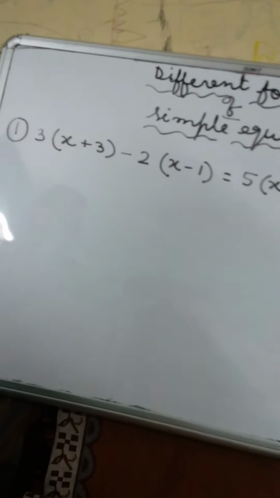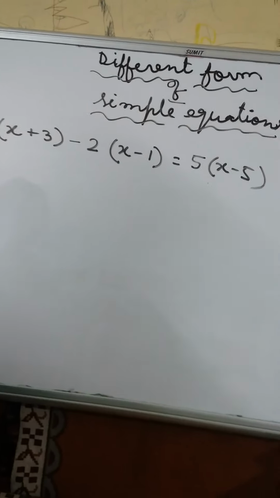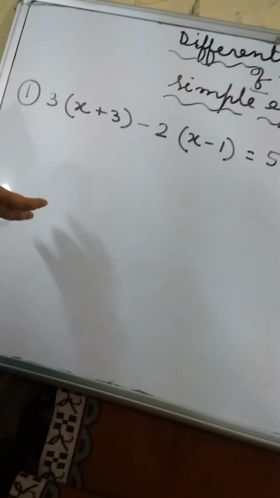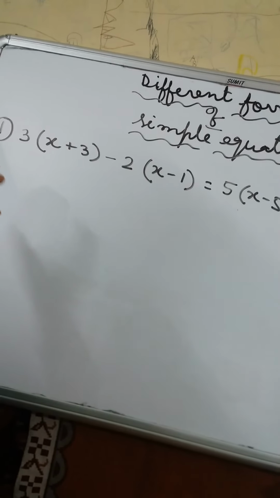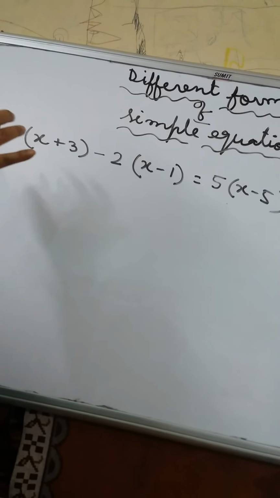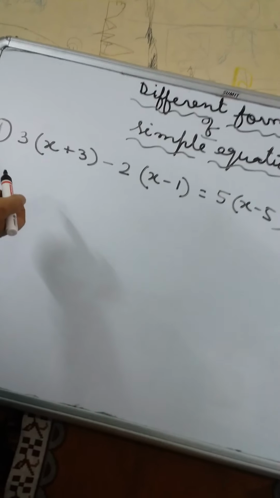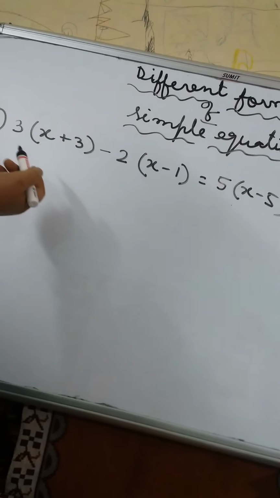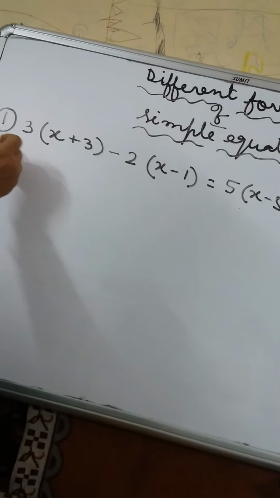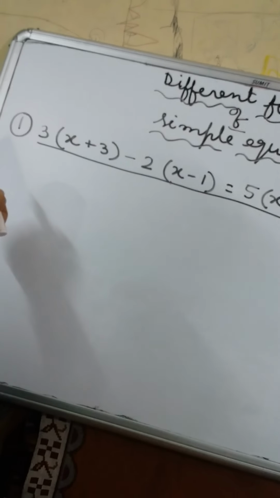Today we will learn some simple equations to solve, but at first look they don't look like the simple equations that you are used to seeing. You have learned to solve it, but they don't look in that usual form. They can be reduced to the form that you are used to. Now, how do we do it if this type of simple equation is there?